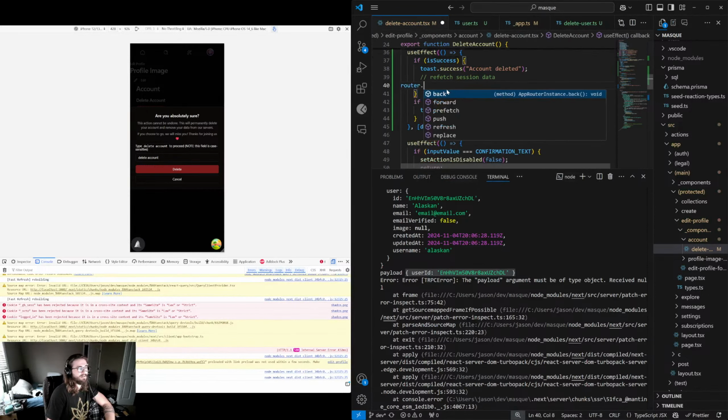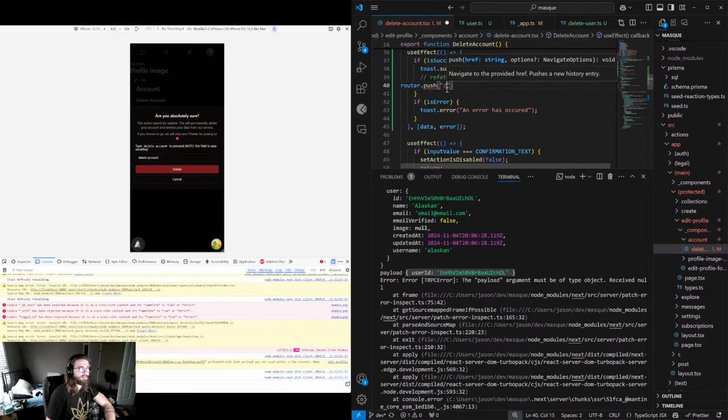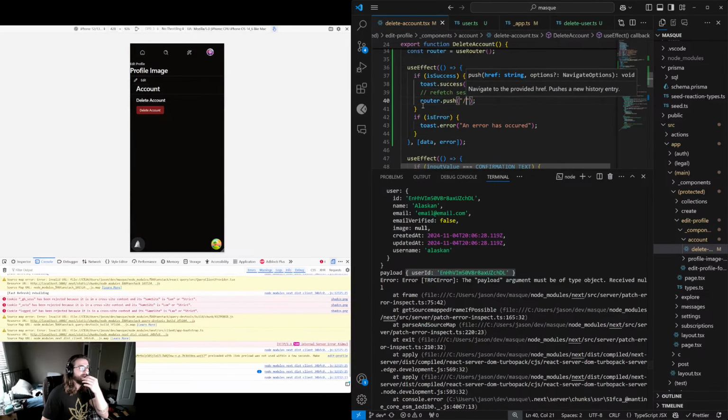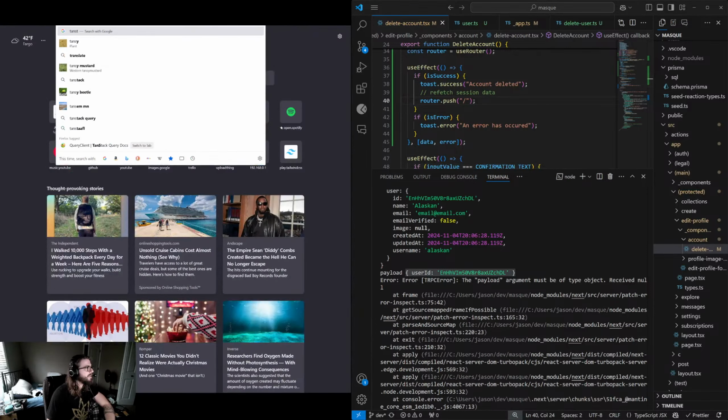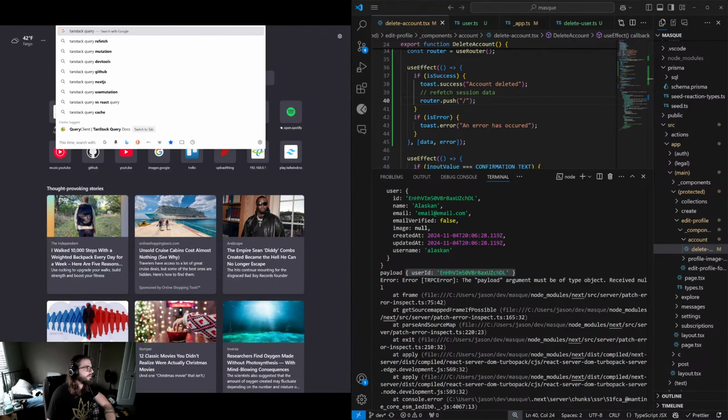And let's call router dot redirect. Or isn't it router? No, router dot push. Okay, and then pass in this right here. Okay, so now we need TanStack Query refetch or use query key